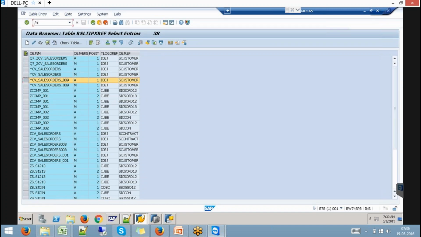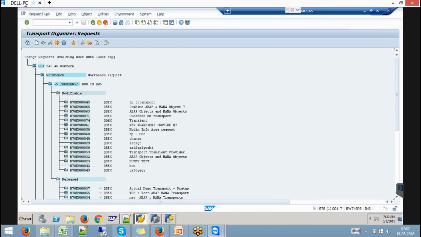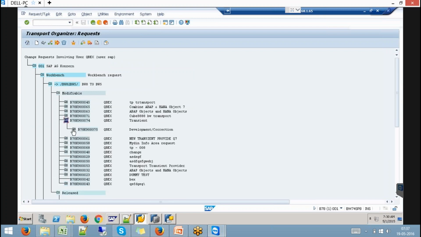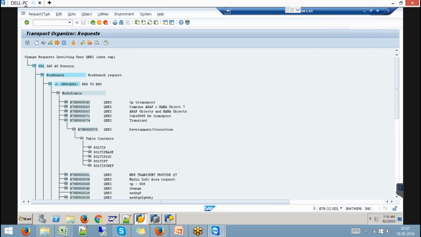So this is how you collect it, and then if you go to SC09, this is my request. We'll have the table contents of all these tables. When you transport this request, that's how you move the transient provider. But we do not have a direct flexibility of transporting this transient provider, and it does not provide support for navigation attributes. These are the two limitations we have with transient provider.